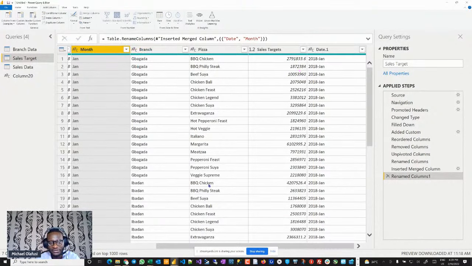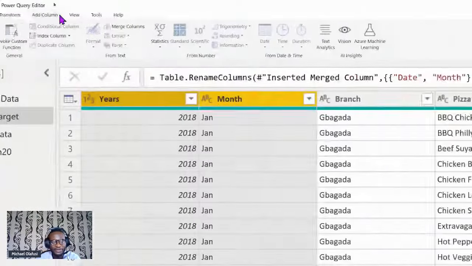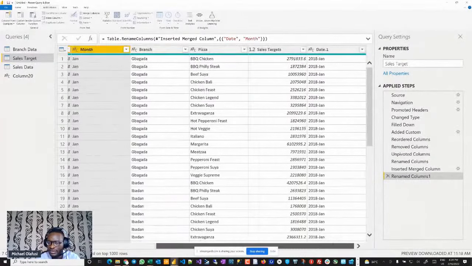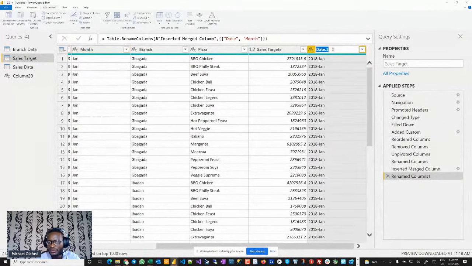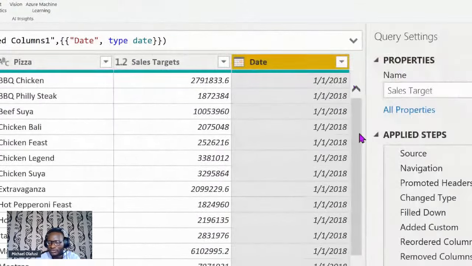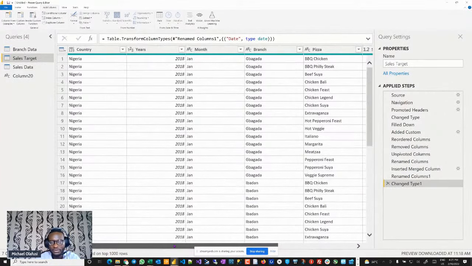I can select two fields and merge them. So I've merged these two fields, right? What did I do? I went here to add column and you see merge. So now that I've merged them, I'll rightly want Power Query to know that I need it to be formatted as a date, right? So I'm going to come here and say I want this to display as dates, and it will just pick the first day of the month since I do not have day in my merged cell. So I just have month and here it will automatically pick the day as one. So that's good enough for me too. It's not bad. Then I'm going to move on.